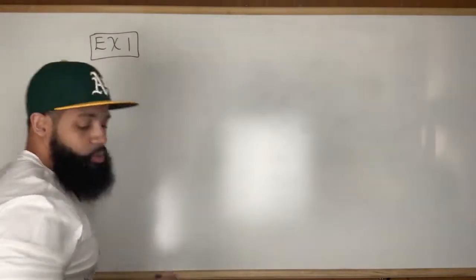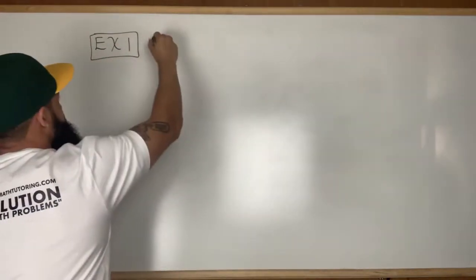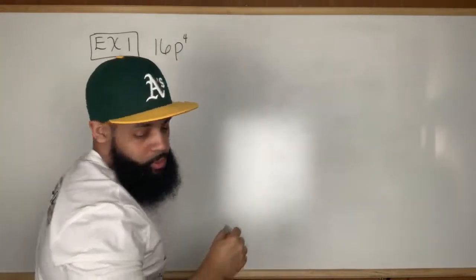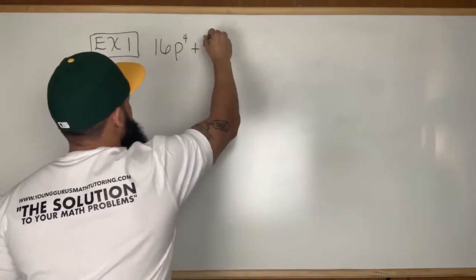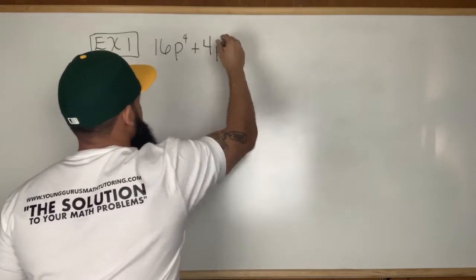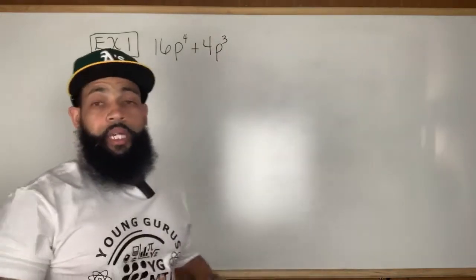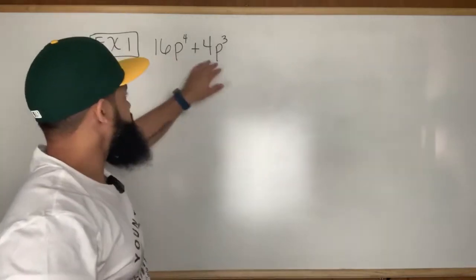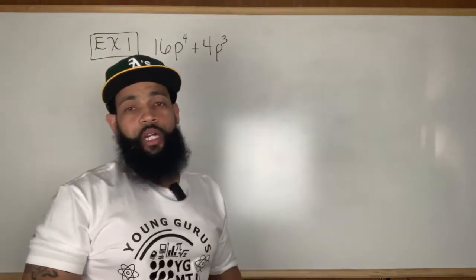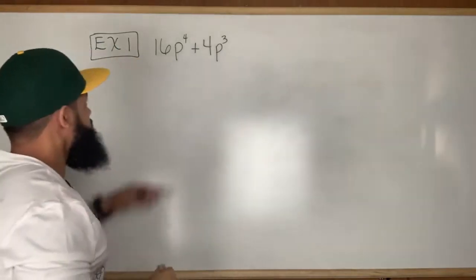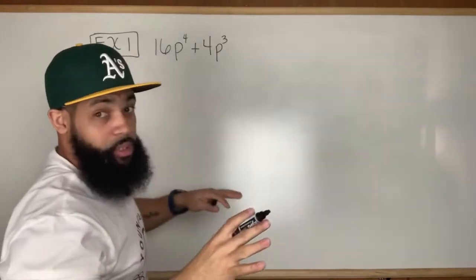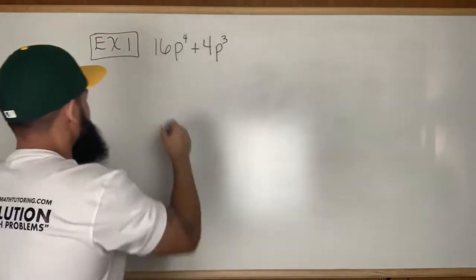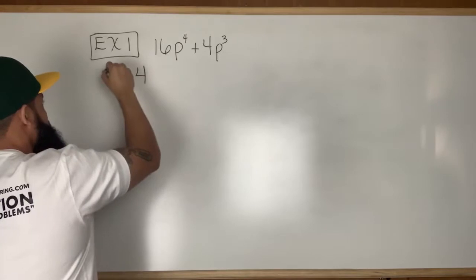I'm going to be given a quadratic expression: 16p to the fourth power plus 4p to the third power. And in order to factor out the greatest common factor, I need to look at both of these terms and see what is the greatest common factor of each of these terms. Now, when I first look at the coefficients, 16 and 4 have a greatest common factor of 4. So I'm going to write that. So the GCF